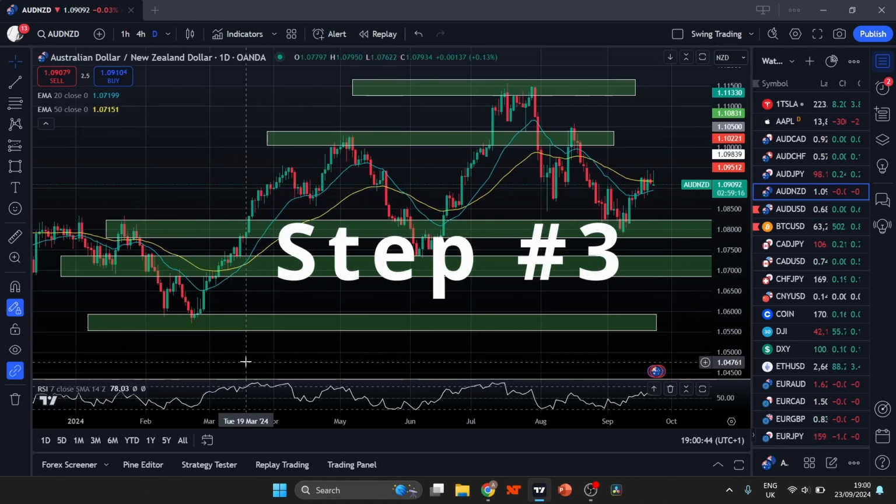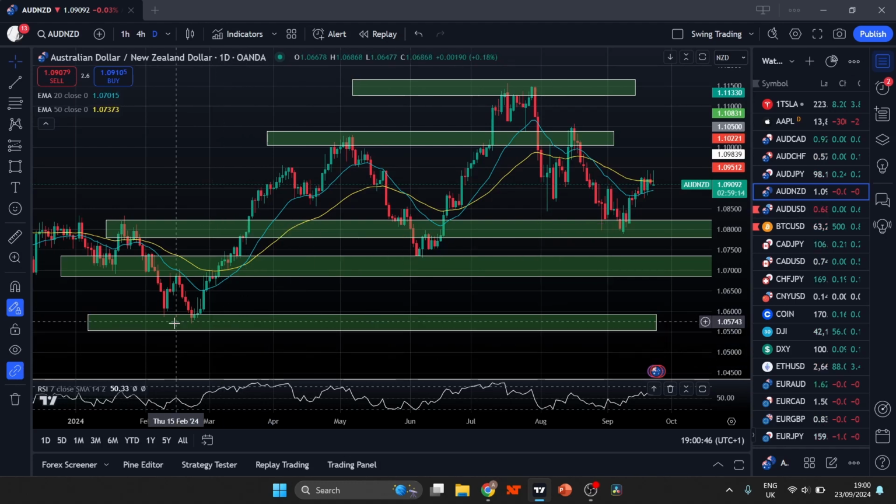Step number 3. The other thing to realize is that true support and resistance will flip-flop. Support will become resistance, resistance will become support. So I'll try and find a good example of that here. So here we can see